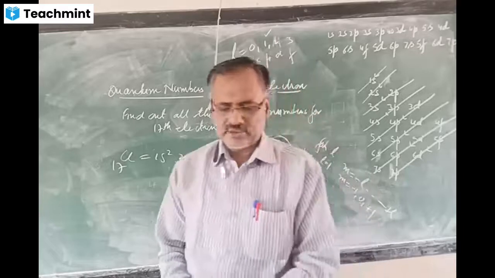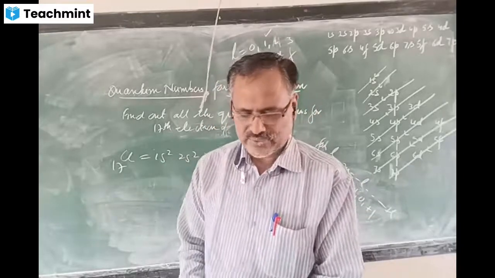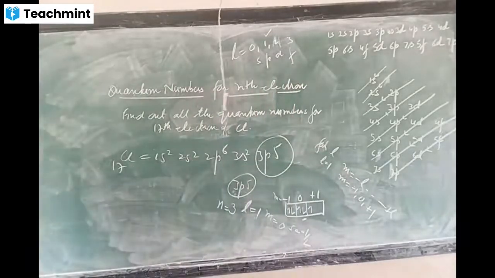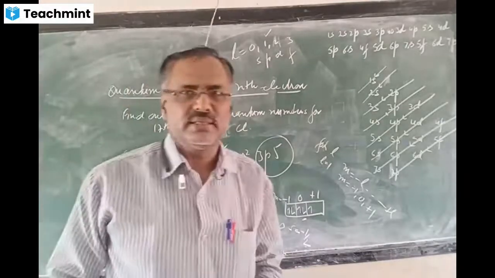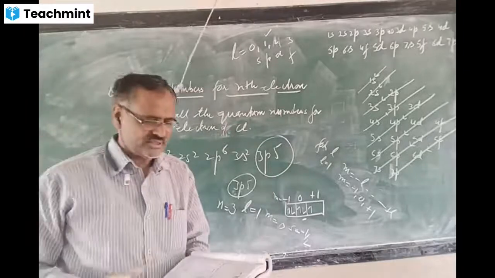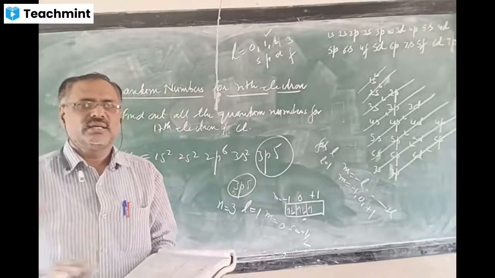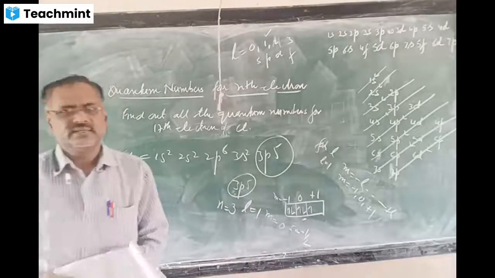Then the remaining questions, can you do yourself? 2.27, 2.28. Yes, sir. We can try. Okay, so you can try. If a problem is there, in the next class you can ask. So this chapter is almost over. If any doubt is there on the review exercise, then I will clear it in the next class. Otherwise, I will start the next chapter.